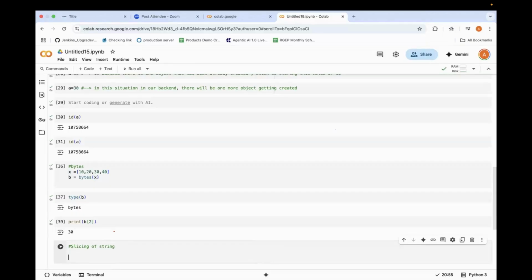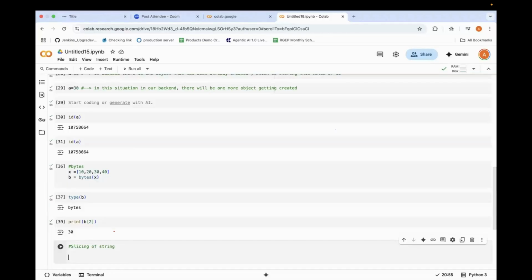Can anyone tell me what a slice is for you? Give me layman language. Once I cut a mango, one slice will come. This is one slice for you. What is a slice for you guys in your daily life? What slice do you take? I eat one piece of pizza, sir. Pizza slice, good, that's right. Any other examples? Chocolate. Yeah.